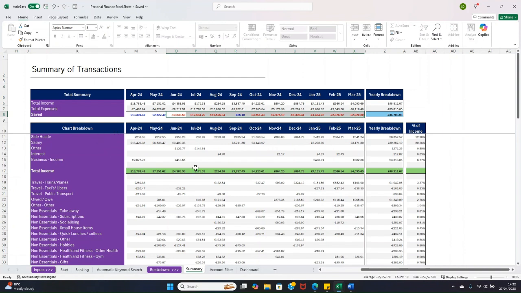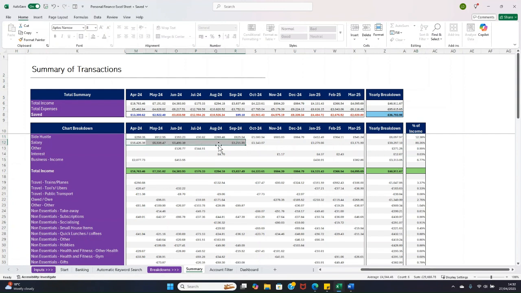We can go into this part down here, which shows you each individual account that you have in the chart of accounts. You can see it by month here again, the side hustle and how well that's been doing. You can see here he got quite a bit. He got 1,000 in October, but it hasn't really been keeping up after that. It's gone down quite a bit. Got 6,000 for the year, and you can see it is contributing to 12% of his income in this one,